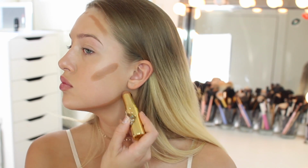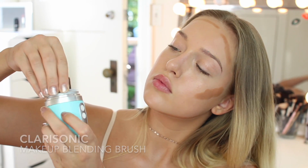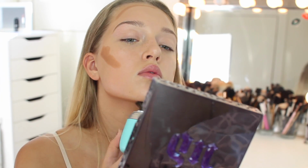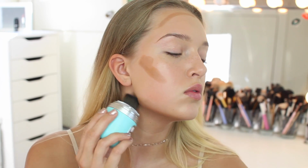I'm using the CLARISONIC. This is their new CLARISONIC makeup brush. So if you guys have the CLARISONIC to wash your face, this is a separate brush that attaches to it, and it basically vibrates and blends out your makeup. And it's quite gimmicky, I mean, if you think about it, so many brushes like this are on the market,